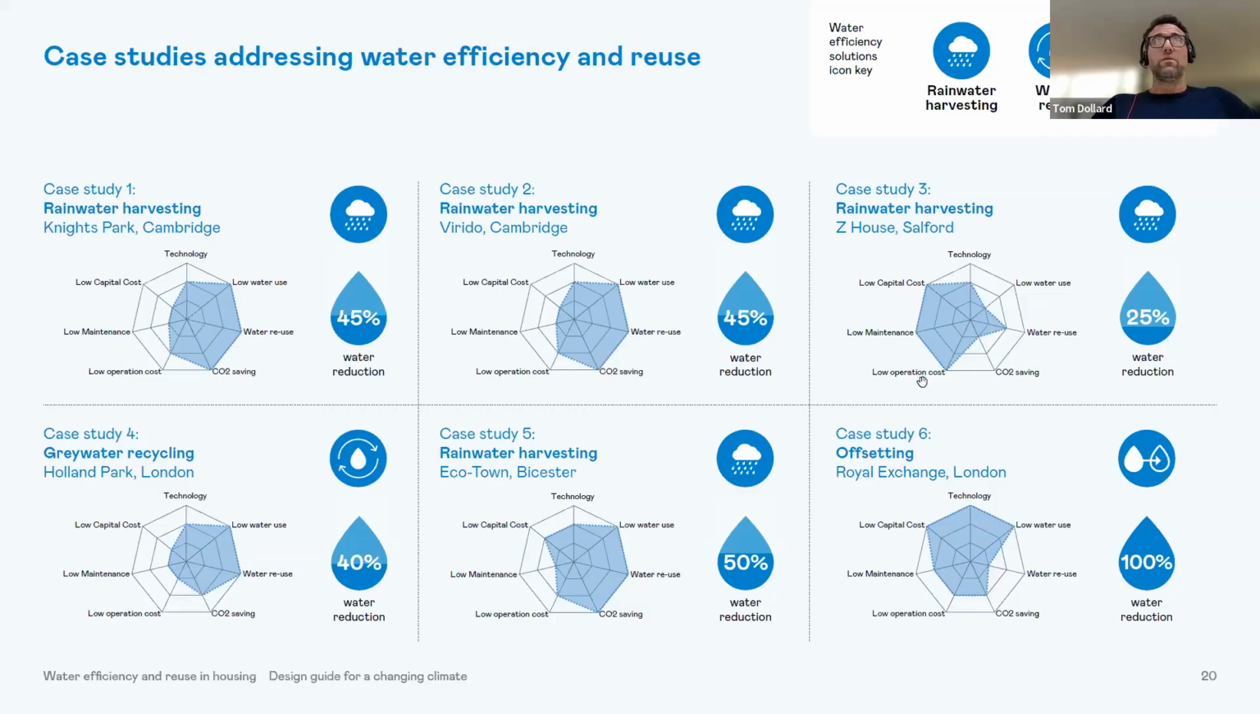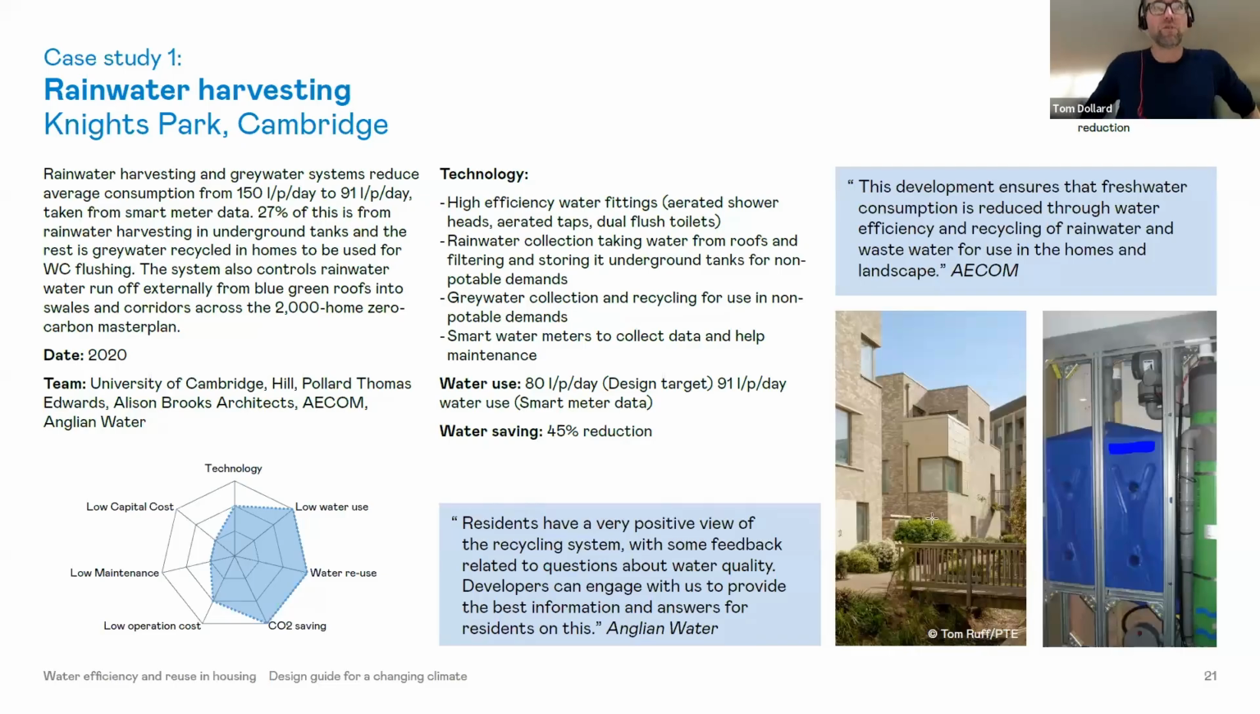I think the icons are all self-explanatory. You can see it's steps 1, 2, and 3 of the water neutrality hierarchy. So just to spend a bit of time on some of these,